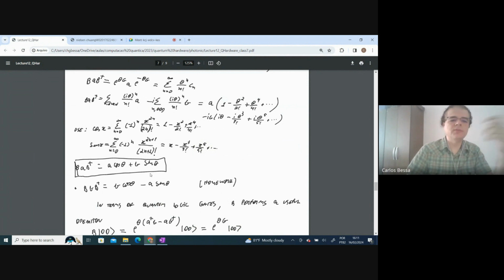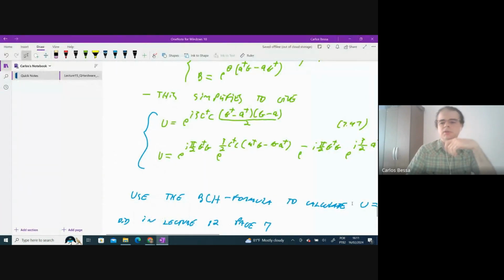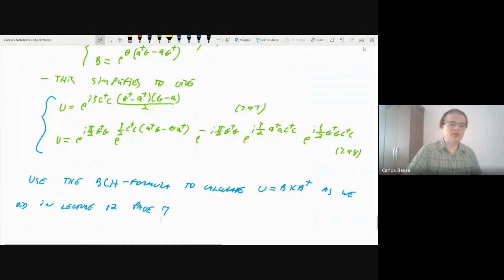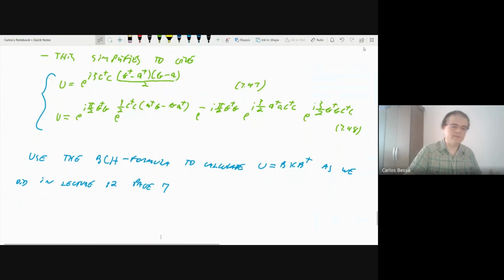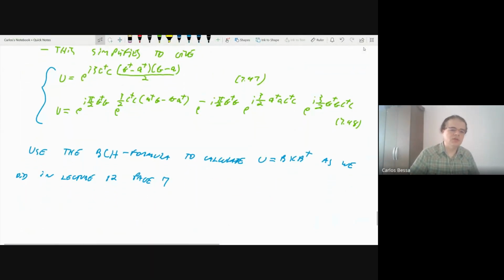So if you do the same thing here, or at least something similar, because what we have here is a little bit more complicated expression, because if you see, just in the beginning, U we could write in the notation of lecture 12, K exponential minus lambda G,